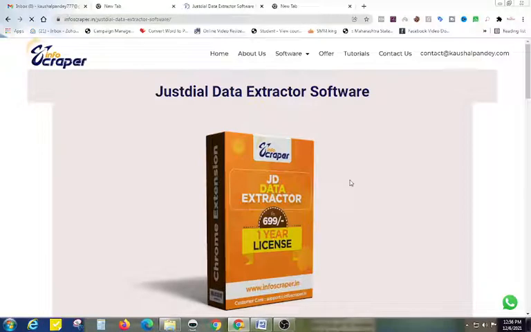Before installing, I want to update you that you can use all this software as a free trial for small downloads, and once your free trial finishes, if you want to go ahead with the 1 year license, you have to upgrade that product, and for the upgrade you will need a license key. So let me show you first how to install this product.